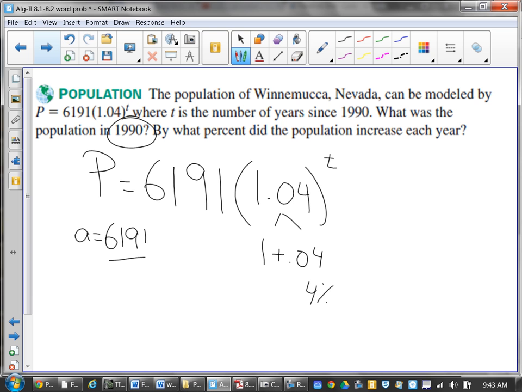And what percent did it increase by? 4%. So what would you do if I wanted to know what was the population after 10 years? Exactly. You put 10 in for T. And you see where they're saying T is in years, so T is your time. That's why they keep it as the T like that. So if you put that in your calculator, all you have to do is